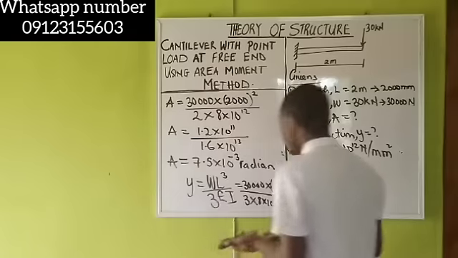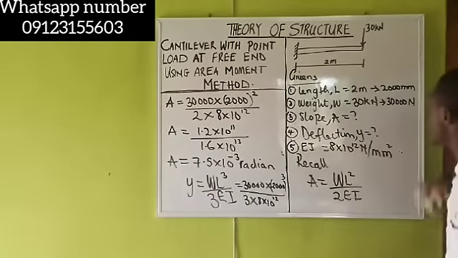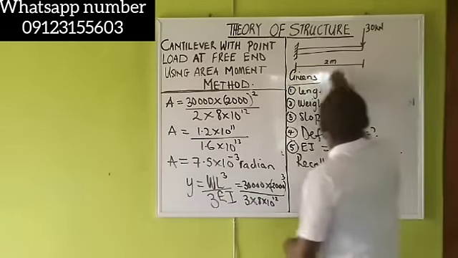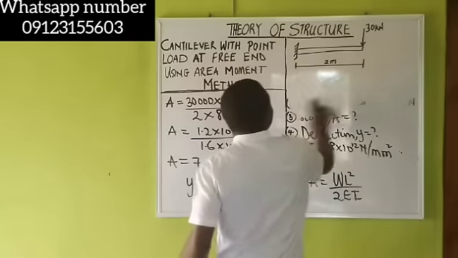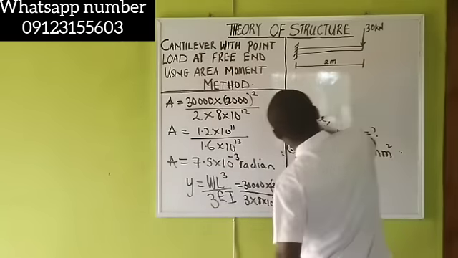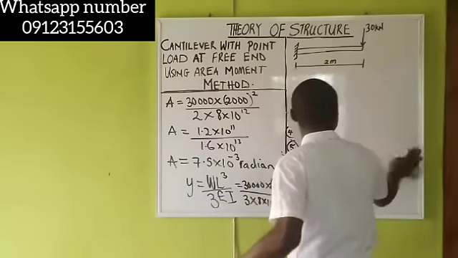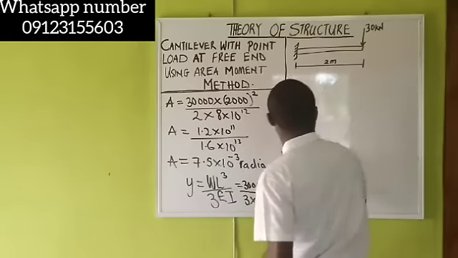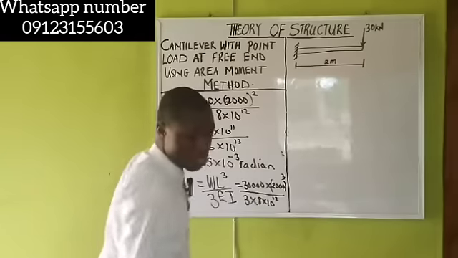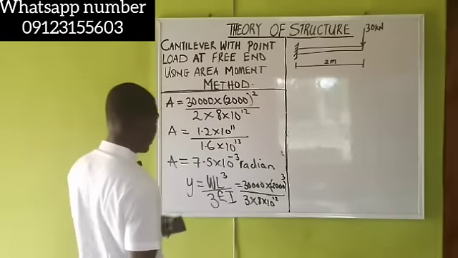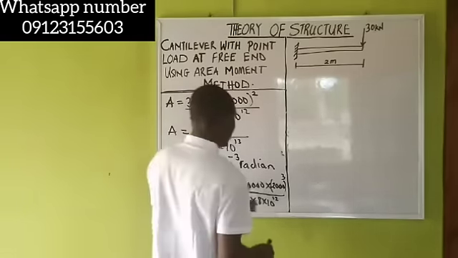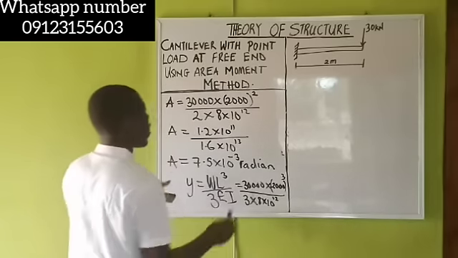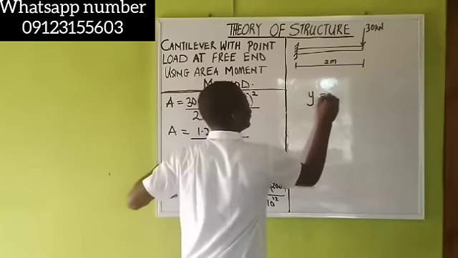Alright. Let's get the deflection answer. So to get my answer for my deflection, that will simply become 3 multiplied by this value. My deflection y is now equal to